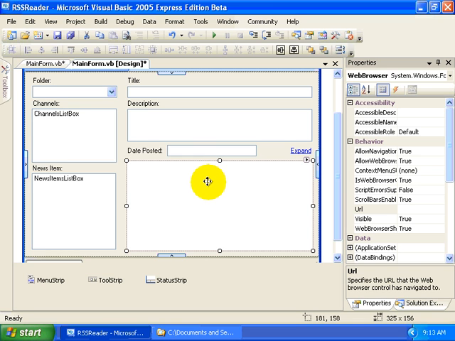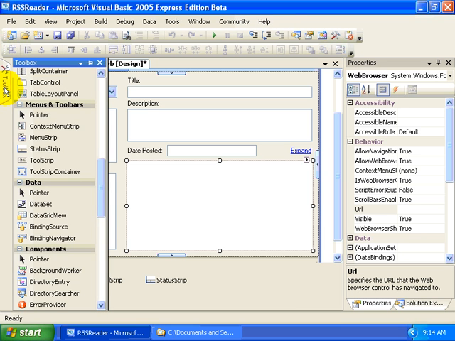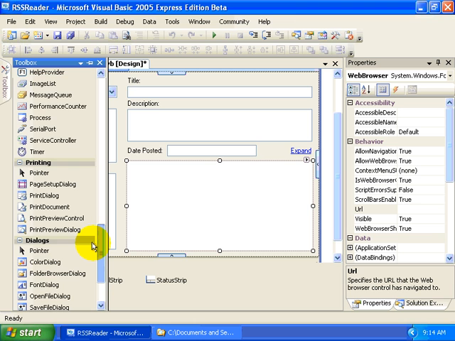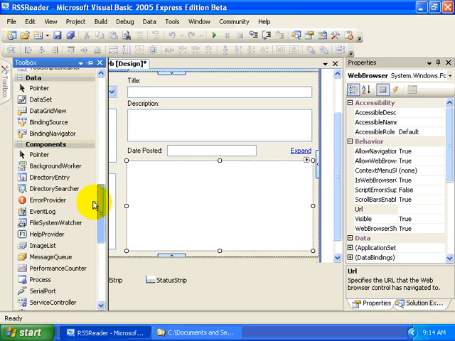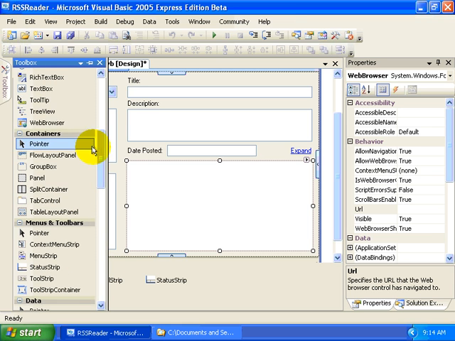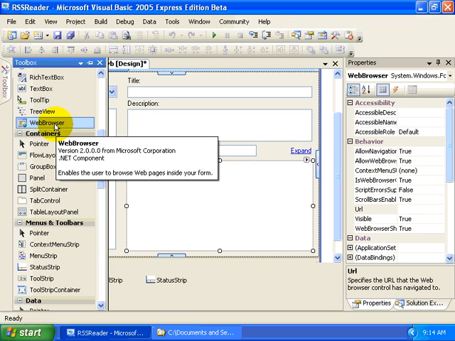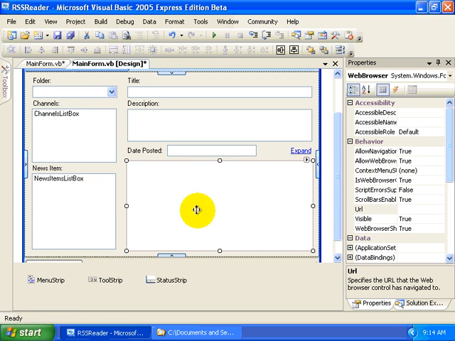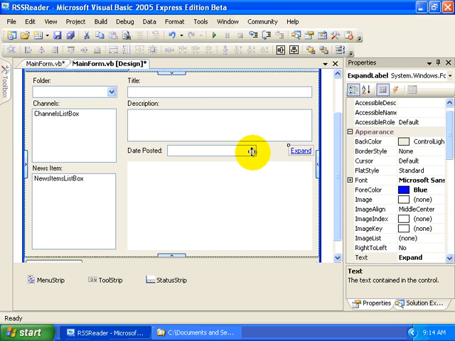in a control. The control that we're using here, I think we can find it in the toolbox, is a web... Let's see where this is at here. Okay, the web browser control. And this allows you to browse web pages from inside the form, as it says here. So they can see a little bit of an example of the page. They'd be able to scroll around in it since it is a fairly small window. Or they can click this little expand link here, which will pop it open in Internet Explorer in a more